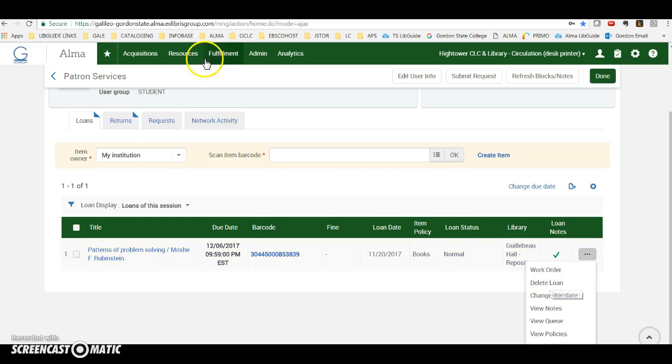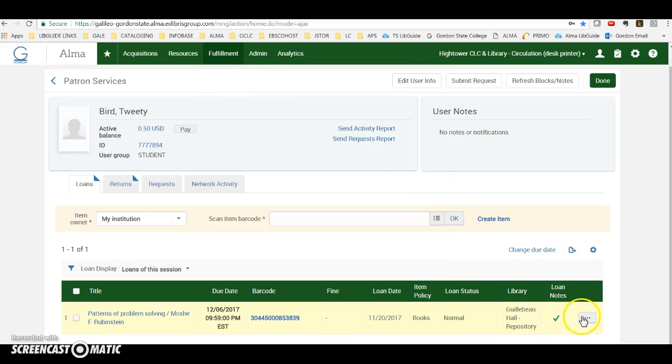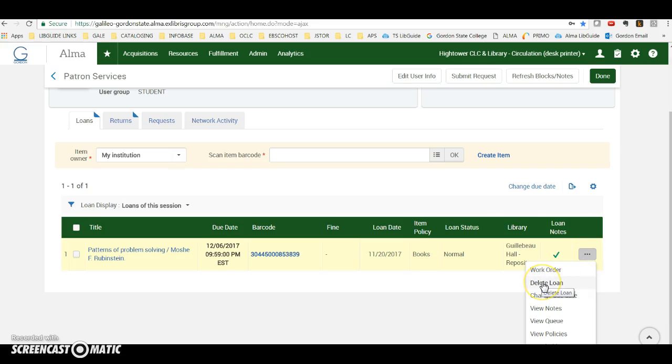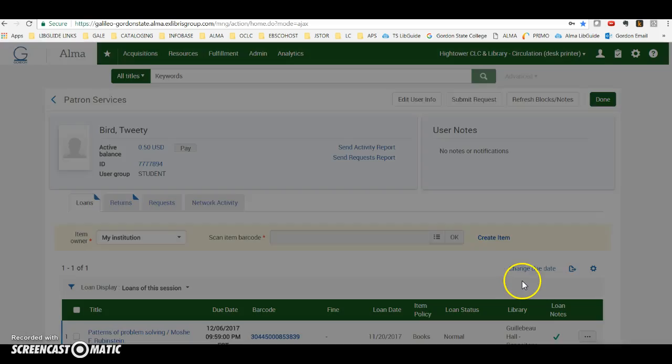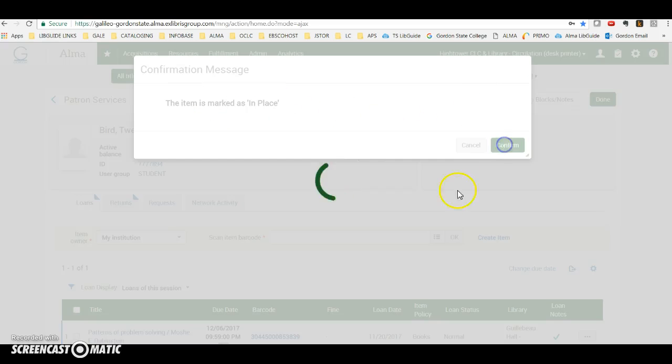What you don't want to do is click on fulfillment return items. If you click on actions delete loan, then this is not going to count as a circulation on our circulation statistics for the year. It'll be as if this loan never happened. So actions delete loan. It'll mark the item in place,